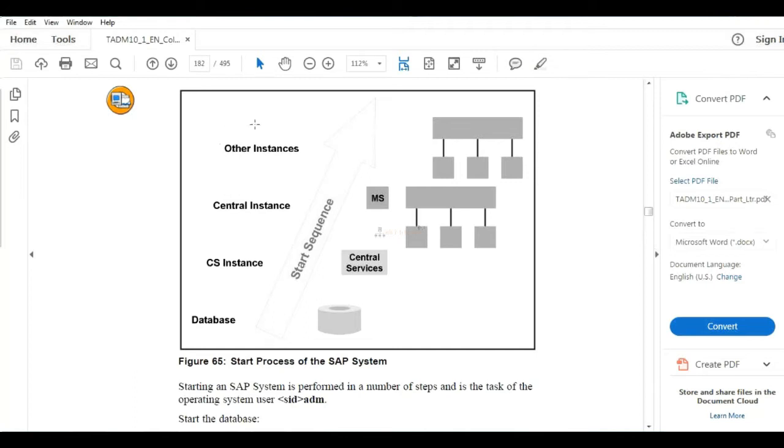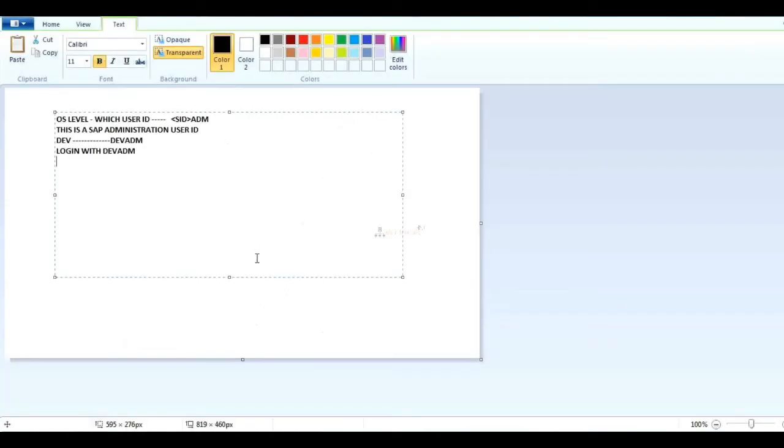Other instances are nothing but, if you have any dialog instances, those dialog instances can be started. This is the start sequence.